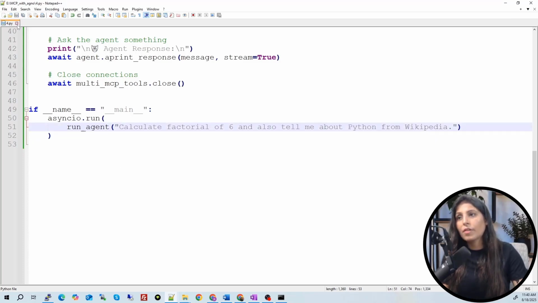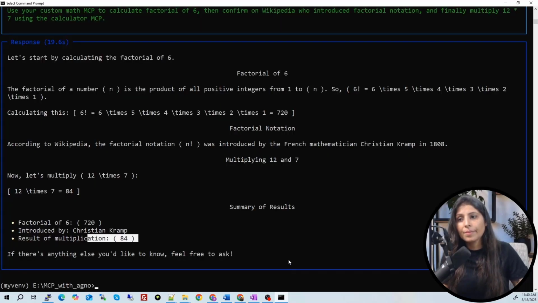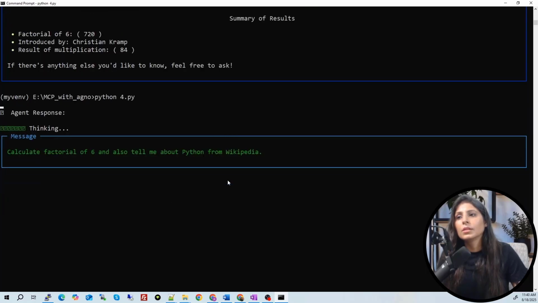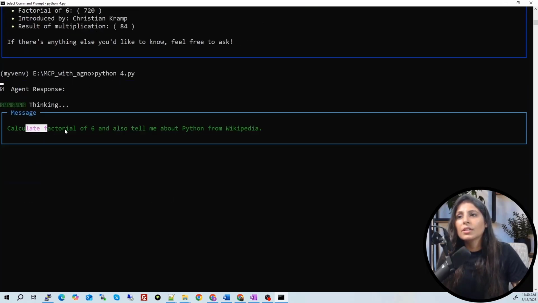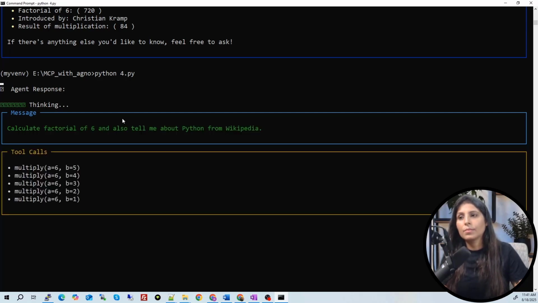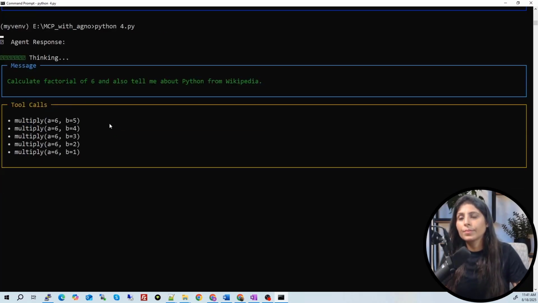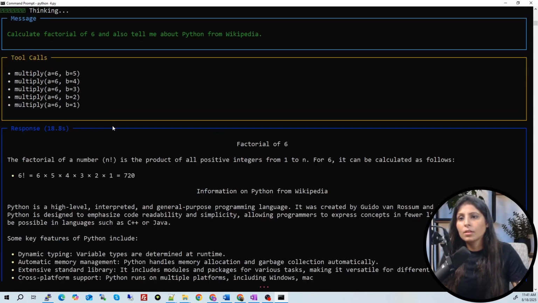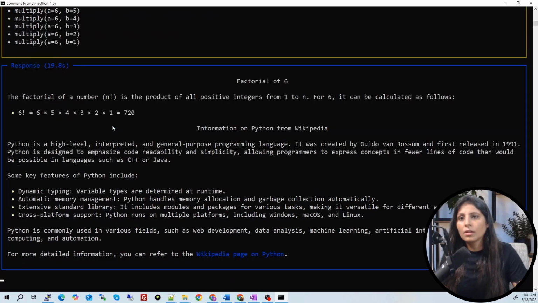So let's run it. File name is 4.py. See, this is the question. Now our client will connect with the server which is on the cloud and fetch the answer for us. See, we got the answer.